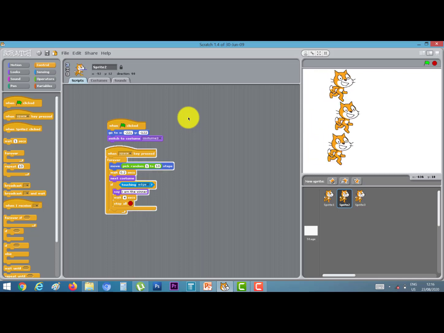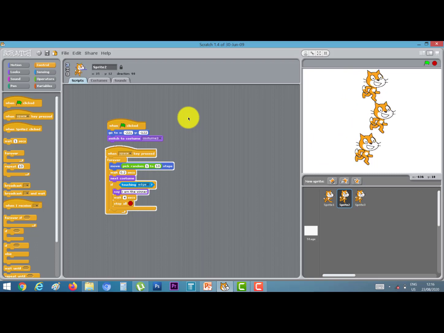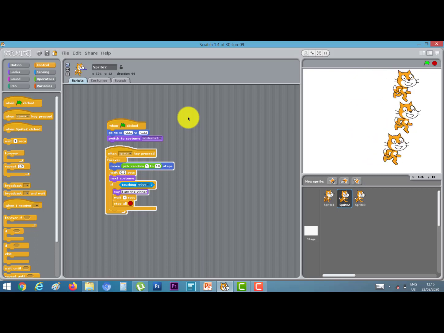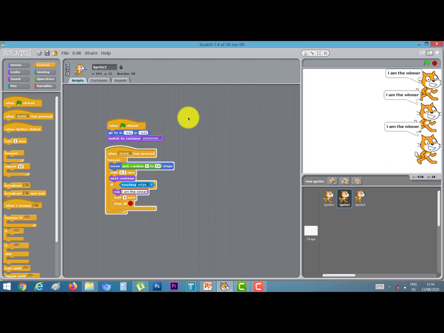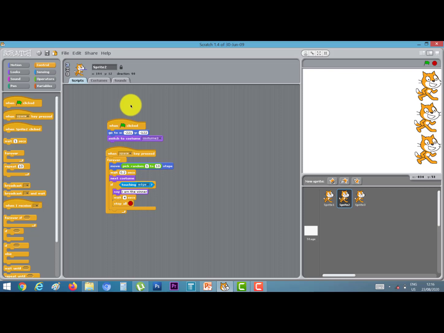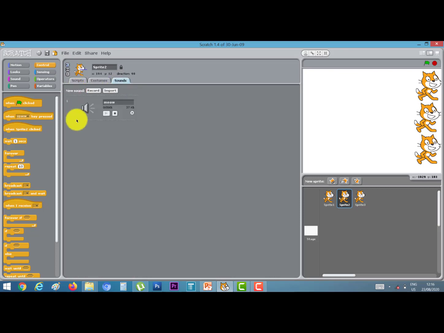If you want to insert a sound in your program, then click on sound option. Here you can choose any sound like meow.